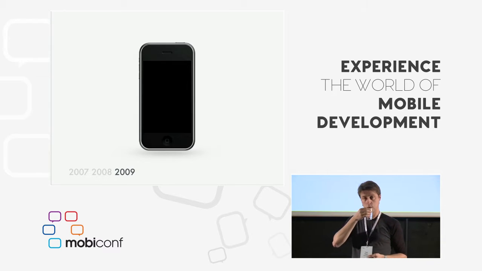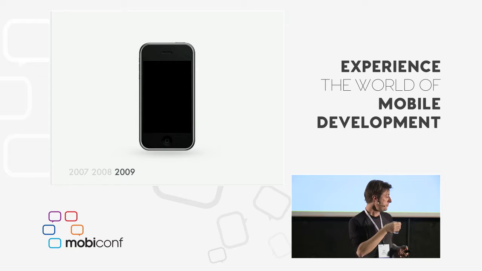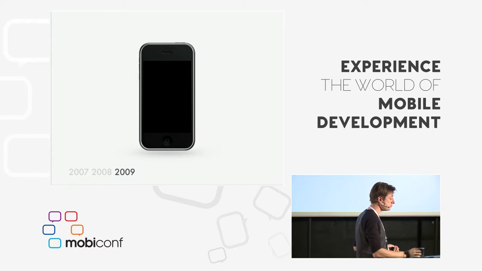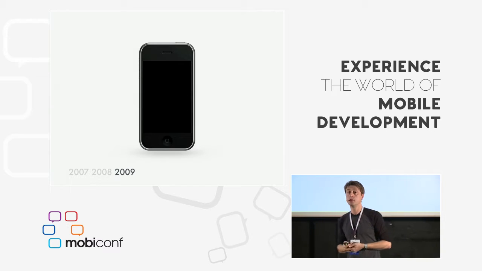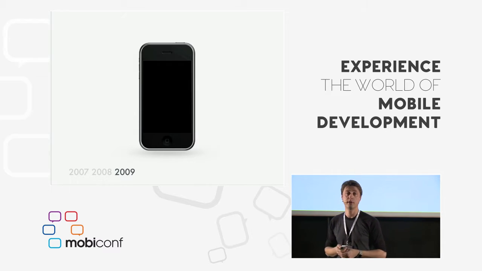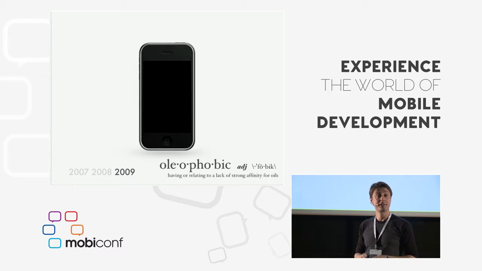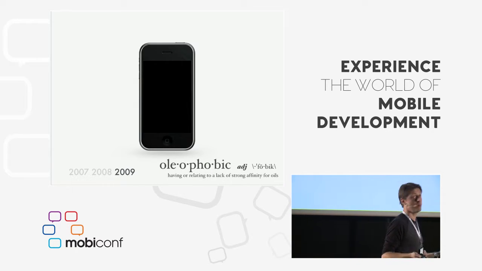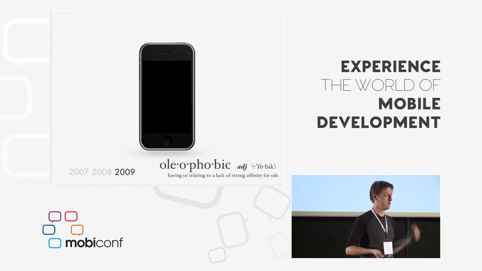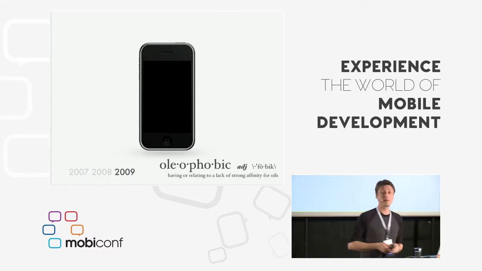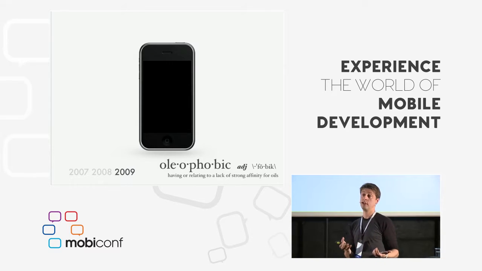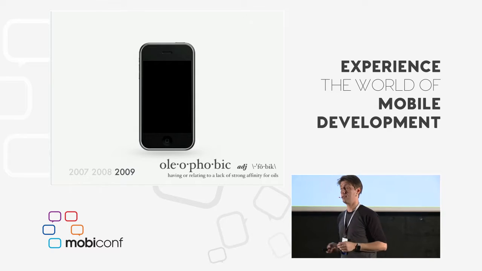2009, 3GS. Again, same canvas. Actually, there was one change to the screen. If you've seen an earlier iteration of this presentation, you might know it. What was the big innovation on the screen for the 3GS? Anybody? There's no prizes, I'm sorry. It's an oleophobic screen. I love that word. I mean, who used this word in daily parlance before 2009? So we have a screen that's supposedly more fingerprint proof. I look at my screen today; it's still a greasy mess. But